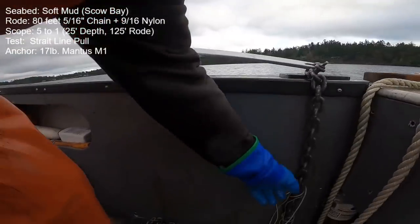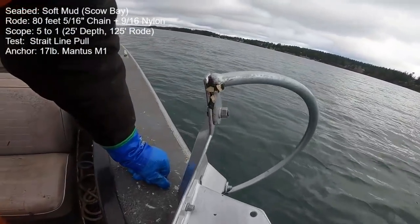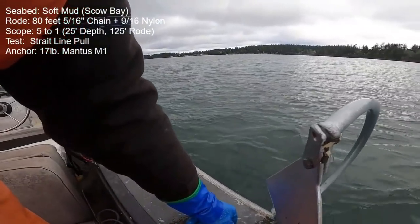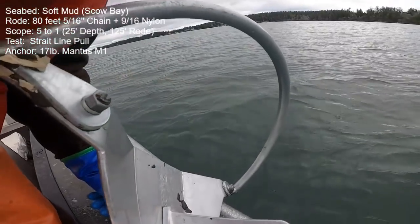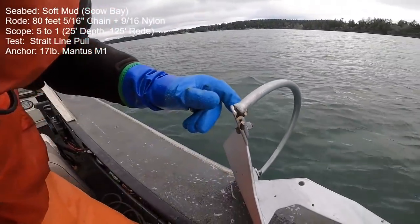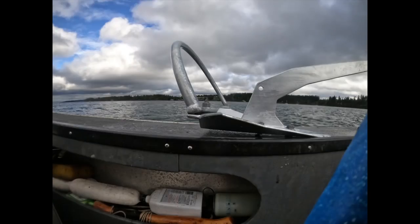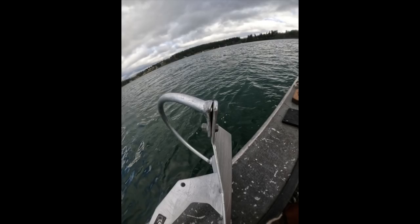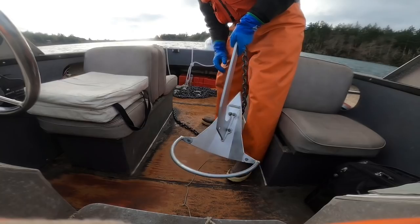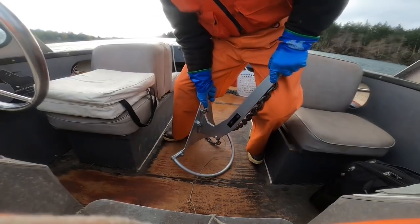6 feet of chain was packed with mud, and we did bend the roll bar. Roll bar bent. Here's some still shots of that deflection. It's maybe 5 or 10 degrees back from its original position. You can see the gap there between those 2 plates. So I went ahead and straightened it back out here on the field so I can continue testing the